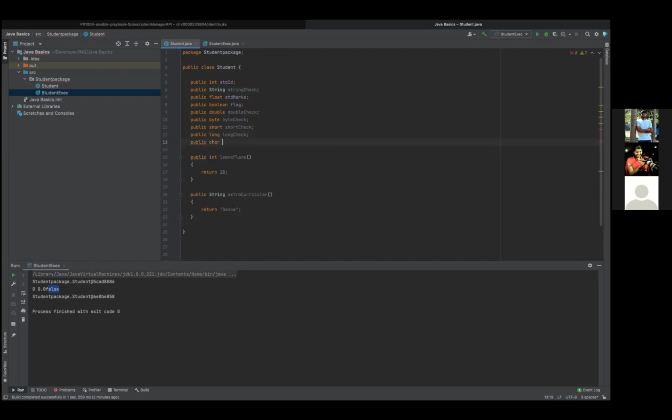And try to access these variables now in your student execution.